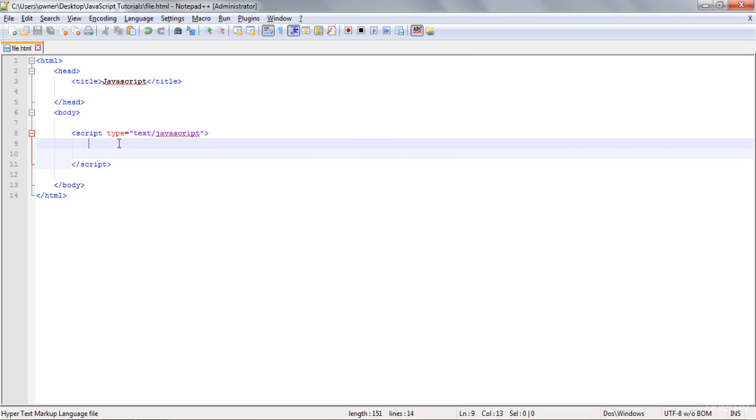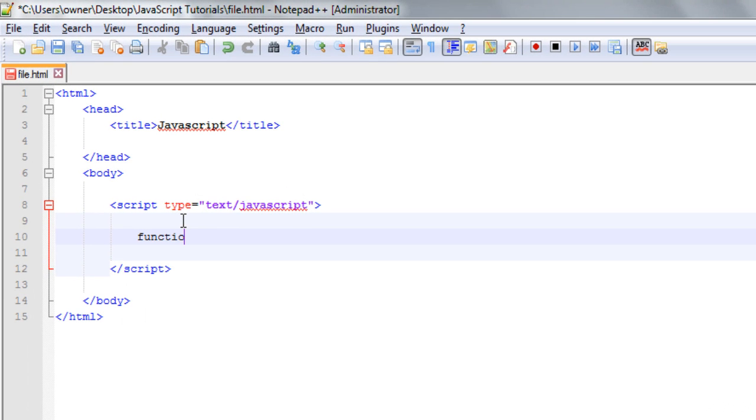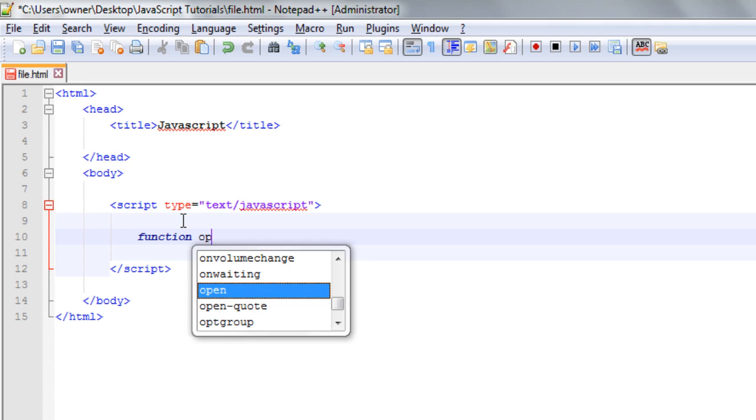Now we will see the close method of the window object. As the open method opens a new window, the close method will close the current window. So I will write a method for that, but before that I need to write a method to open a new window. So I'm writing function, then openWindow,